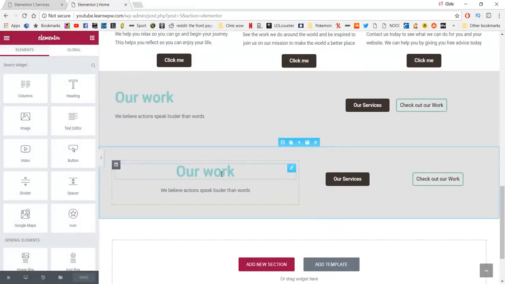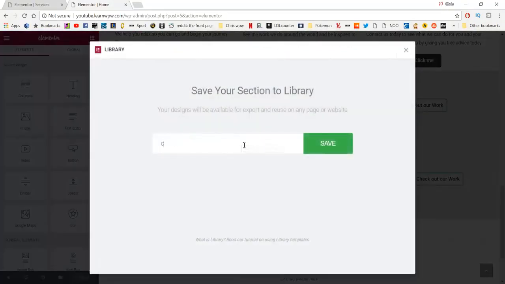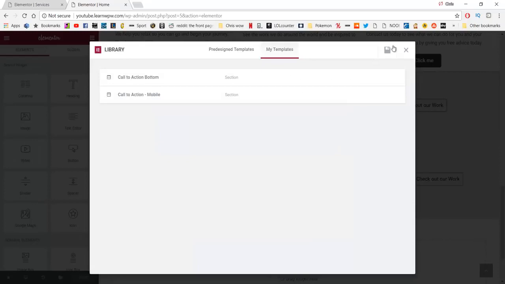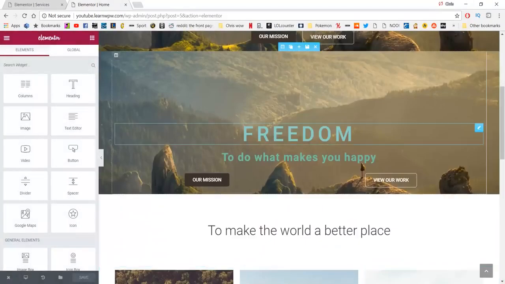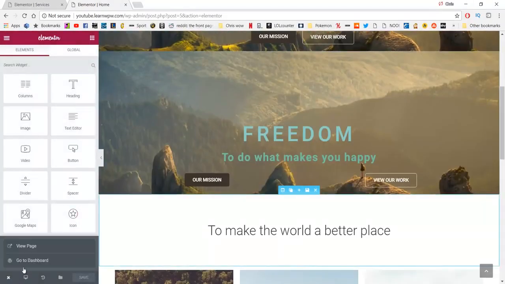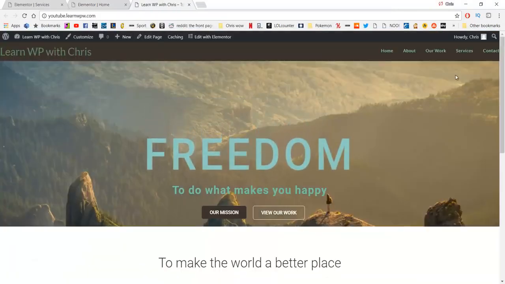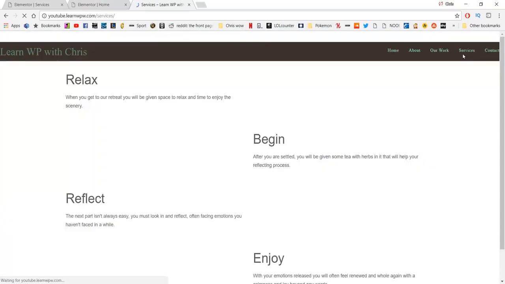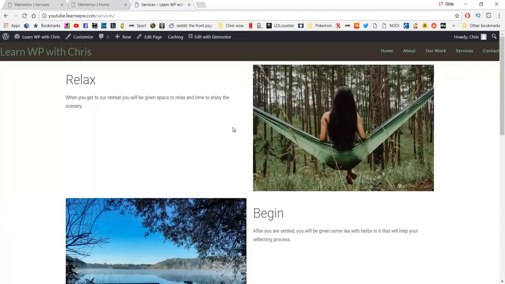And then we're also going to save the mobile version as well. So click Save Section and type in call to action mobile and then click Save. So now if we exit out of that and now go to our services page and click Edit with Elementor,